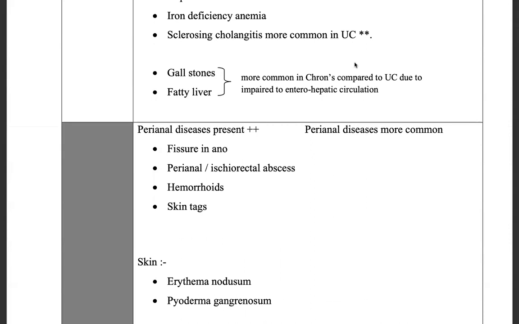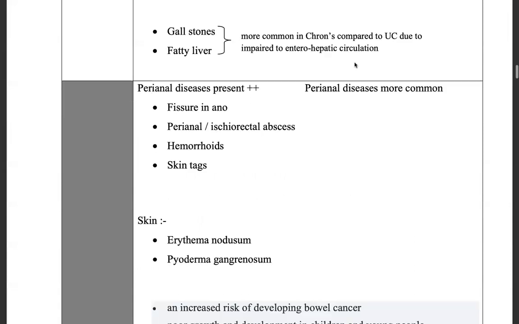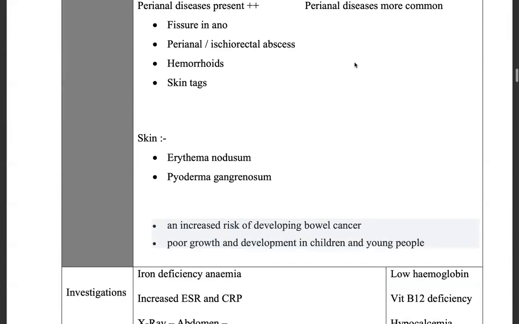Perianal diseases are much more common in Crohn's disease compared to ulcerative colitis. So what are the perianal diseases? You get anal fissures and also perianal abscesses. You get hemorrhoids and skin tags. And in the skin, you'll find lesions like erythema nodosum and pyoderma gangrenosum. And remember,